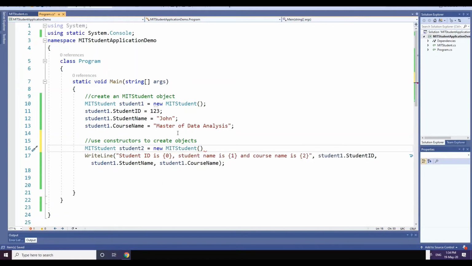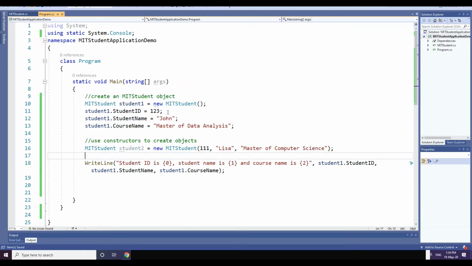This time I will use the constructor with 3 parameters. So I will pass in here 111. The name is Lisa, and the course name is master of computer science, for example, like that. Okay, so if you run this example,